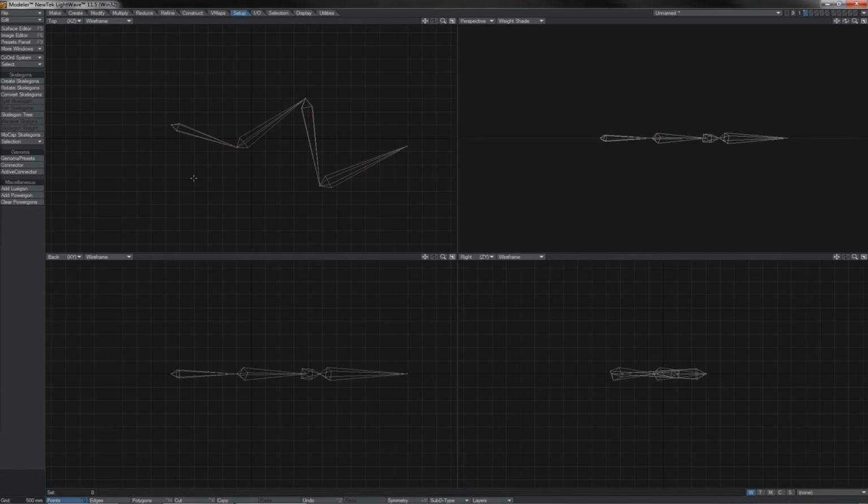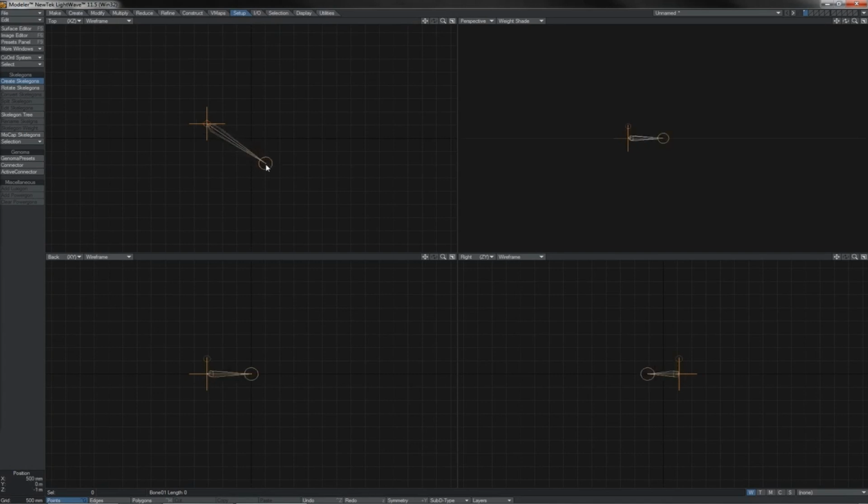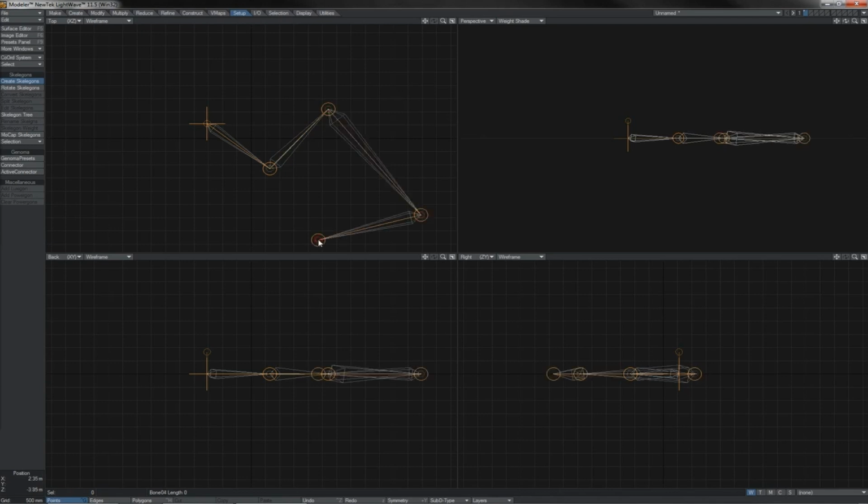There are two important things to note. First of all, when you create the first skelegon, you must click, hold, and then drag to draw it out. For subsequent skelegons, you can just go click, click, click, and draw them in this fashion. However, if you do that on the first skelegon, you will not get one skelegon, you will get a skelegon of zero length right at the beginning. The first one must always be dragged out. But since you can click and drag out all of the child ones, it might be just as well if you do use this method to get into the habit of always clicking and dragging to